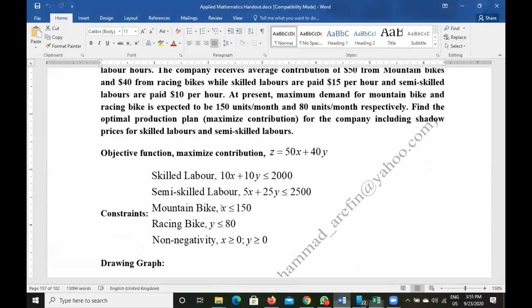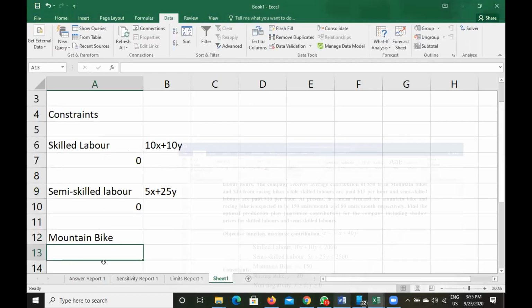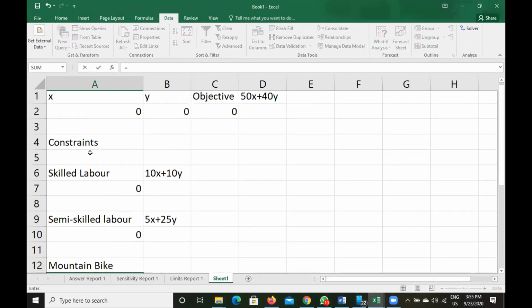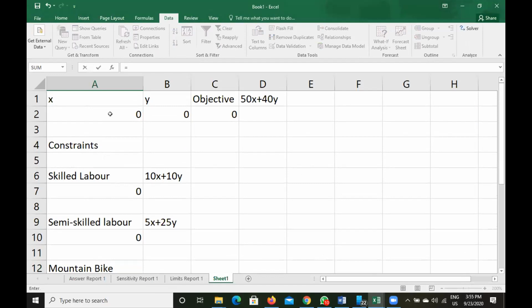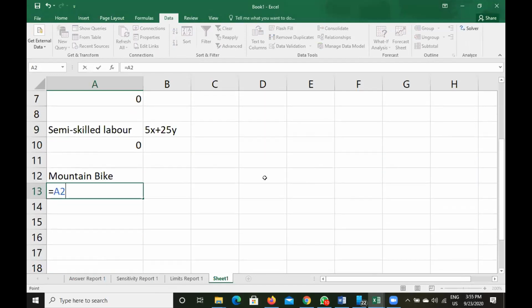The third constraint is mountain bike, which is only x. So equal to only x. This is the value for x. So mountain bike is only x.